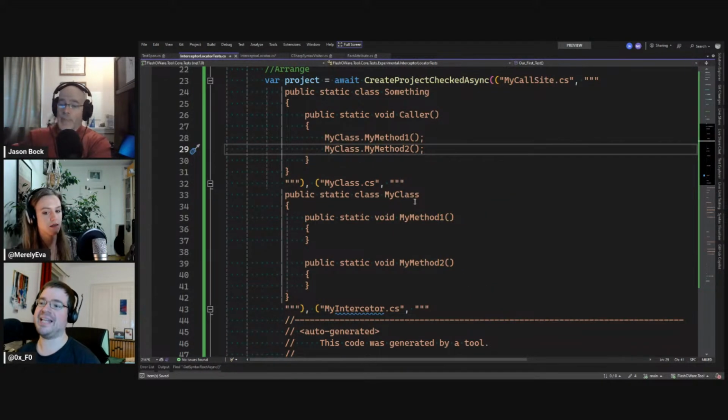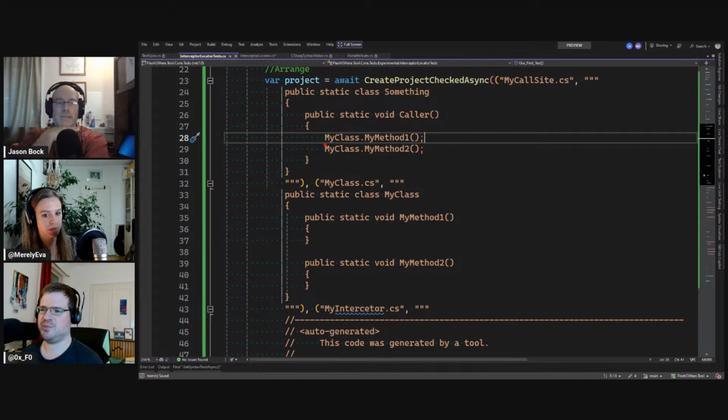And that code too, my class code, can be in another assembly. You're just referencing it here. So what I would want to know is more about what's in the caller method, those two. Yep, exactly. And then actually print the line or print the invocation, or what would be helpful?